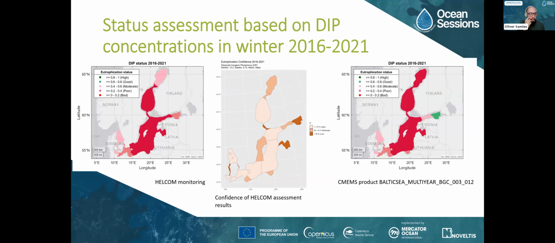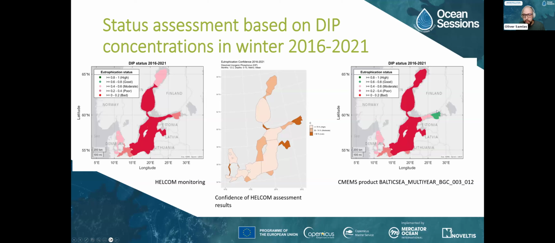On the left, you can see the HELCOM monitoring results, and on the right, the reanalysis results. The evaluation results differ a lot between the analyzed parameters, indicators, and subbasins of the Baltic Sea. In general, the model DIP concentrations and indicator results agree better with observations than, for example, TIN or chlorophyll A. However, the largest biases of DIP could be both negative, which is the case in the eastern Gulf of Finland,